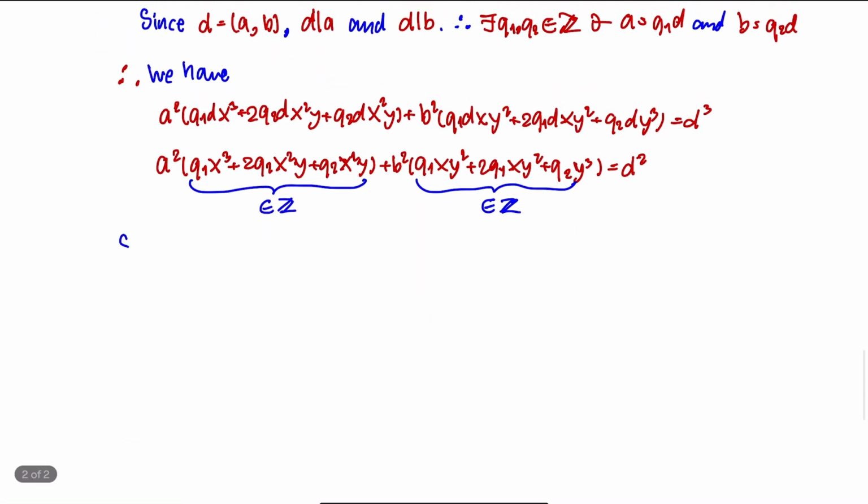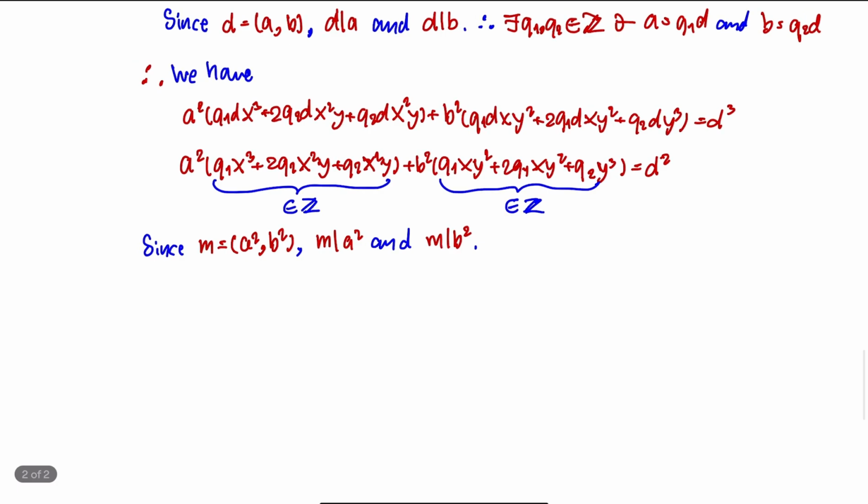Since m is the greatest common divisor of a squared and b squared, m will divide both numbers, right? m divides a squared and m divides b squared. Then what next? Then according to the theorem of the property of divisibility,